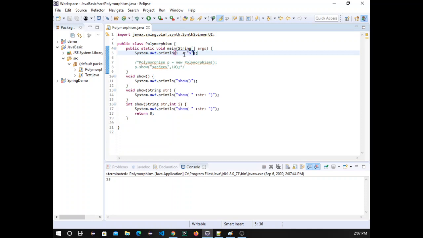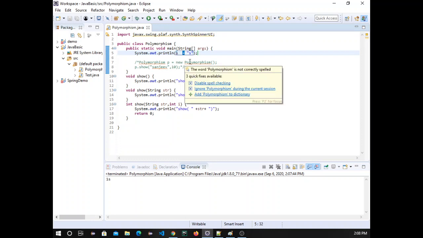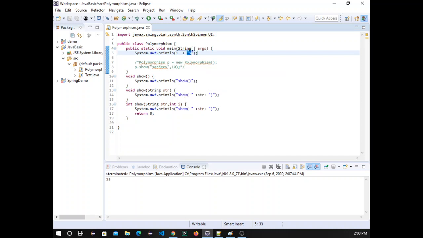It means the operator is the same, but according to the parameters that we are using with this operator, the same operator acts differently in different scenarios, according to the data. So this concept is called operator overloading, and this is also an example of compile time polymorphism. So compile time polymorphism is done.